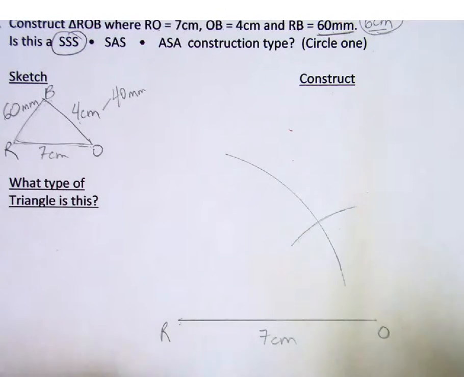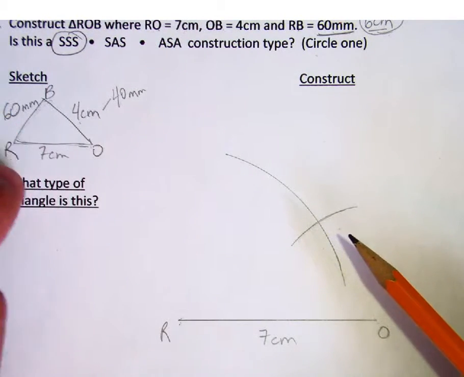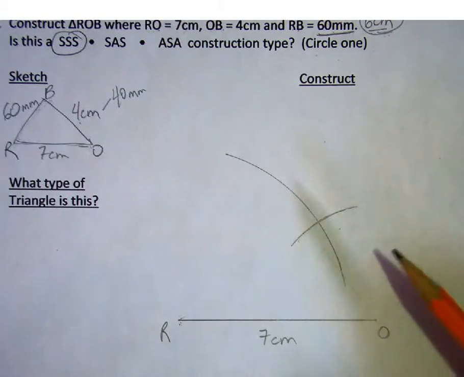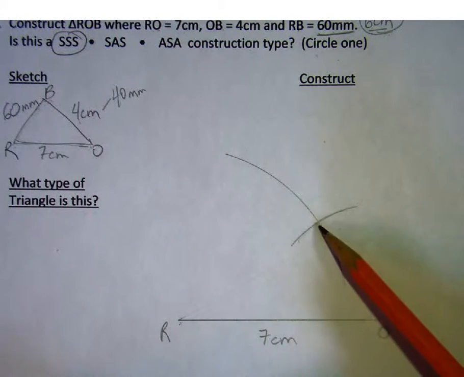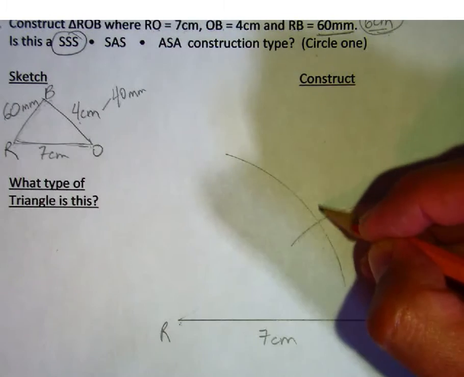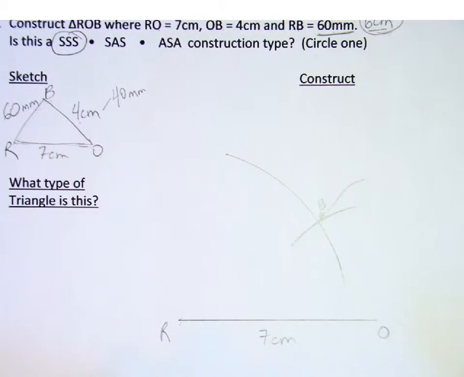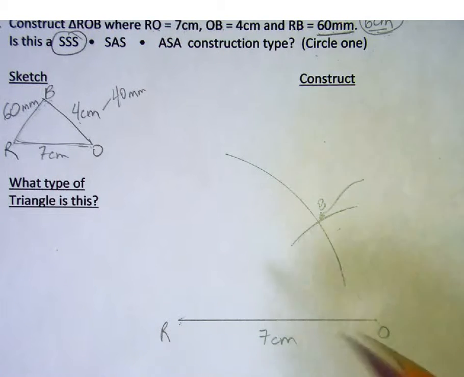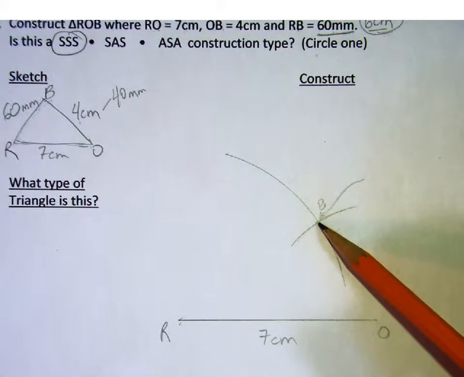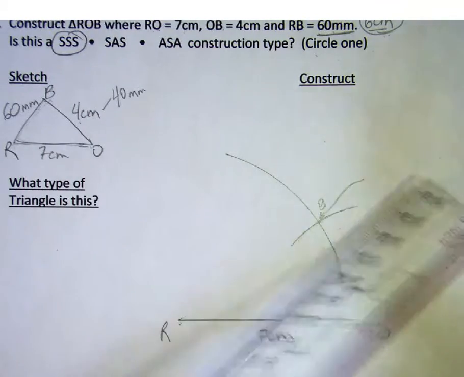So the one spot on this entire construction that's exactly 60 millimeters away from R and 4 centimeters away from O is where they cross, where they intersect. So this intersection point is B, right there. Okay? So the compass has made it so that we can exactly pinpoint where the third corner of the triangle is going to be. So the last thing I have to do